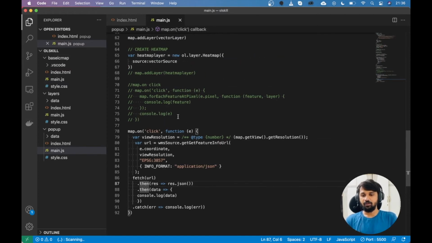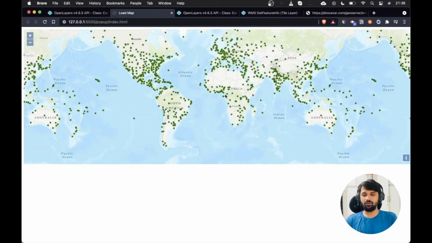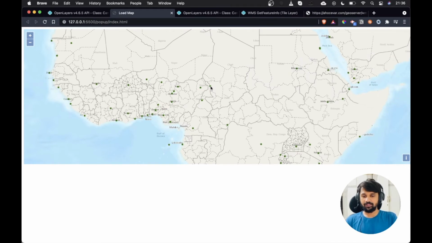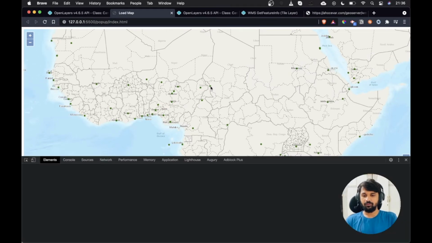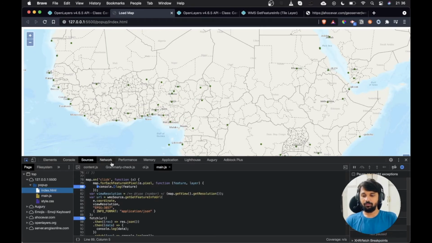clicking. Before we move ahead, I will simply put both of these calls in the same onClick function so that it doesn't matter whether we click on raster data or vector data, we will always get the response. If I click, let's say here, where we have both raster as well as vector data, we will get both of these responses.